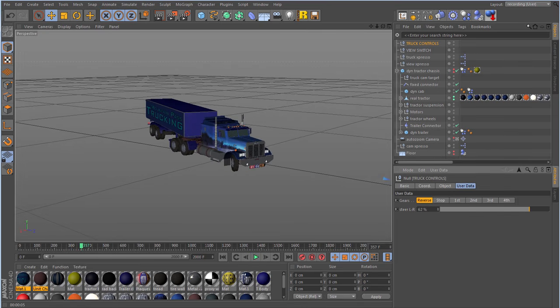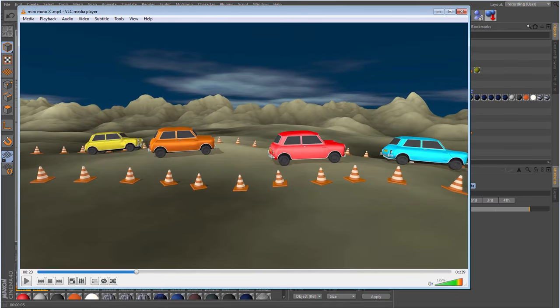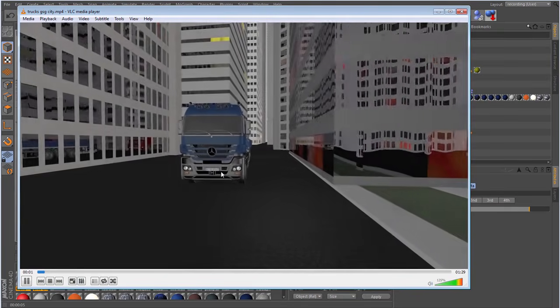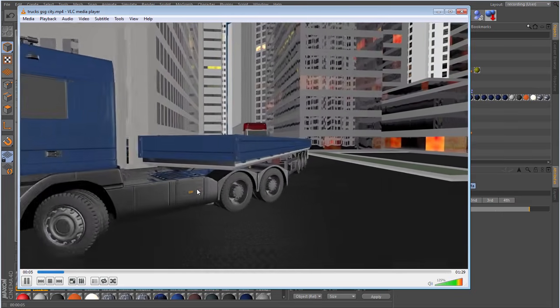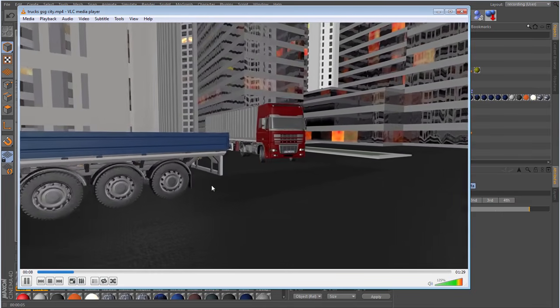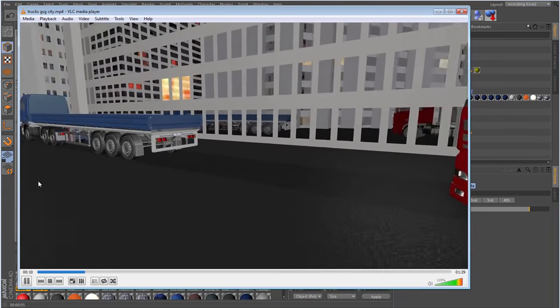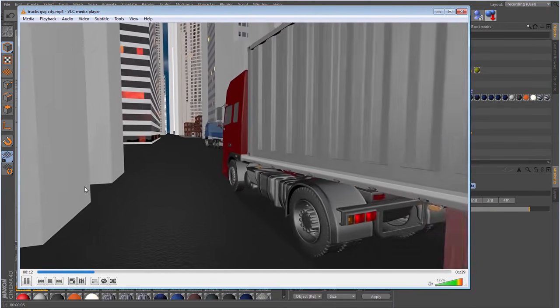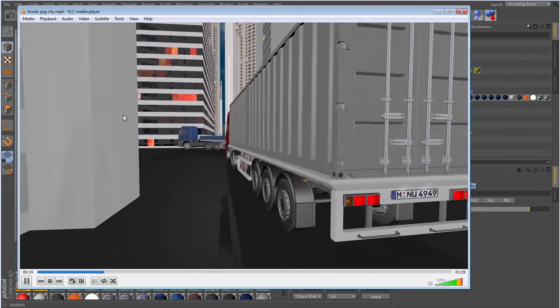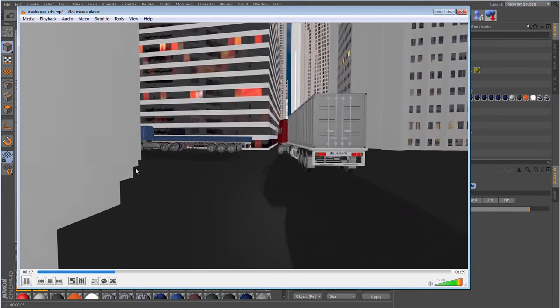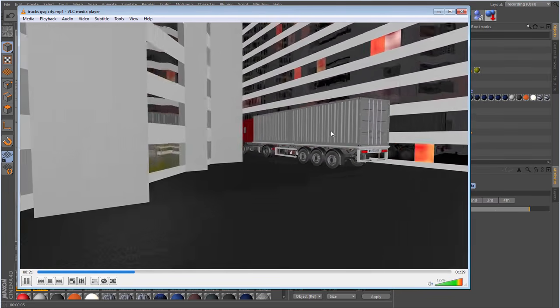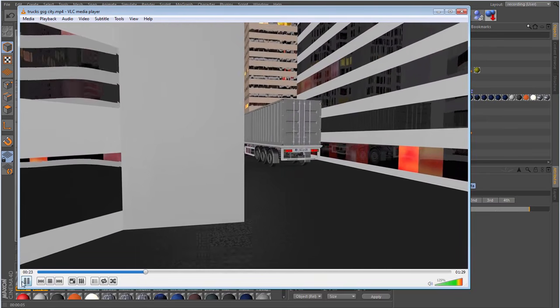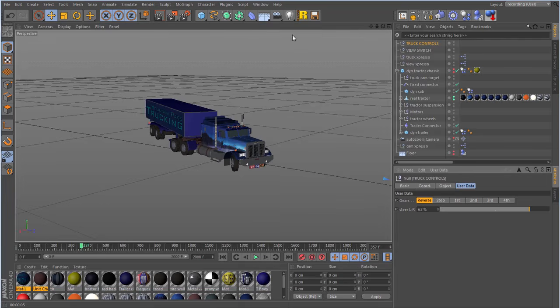Okay, in fact, I've got a movie clip of some other trucks here. Let's see if I can find that. Okay, now these big rigs, these are from a place called Dosh Design. Now you've got to pay for these trucks, but they are very high quality and they're quite easy to get rigged up and driving them through a city. This is the Greyscale Gorilla city. This is another bit of gear you've got to pay for. But the trucks are really nice from Dosh Design. I'll just show you where you go to get them. Where are we?